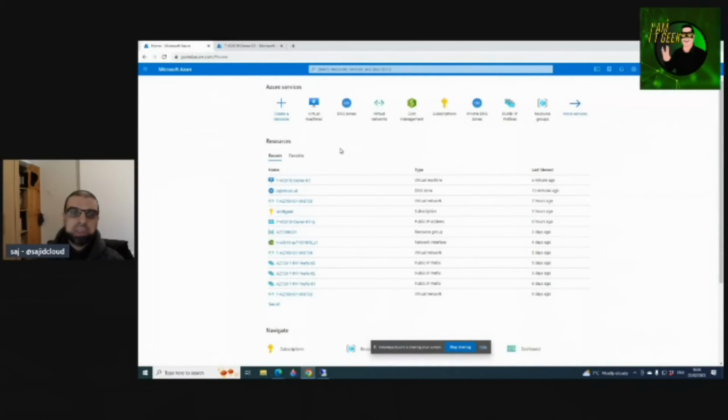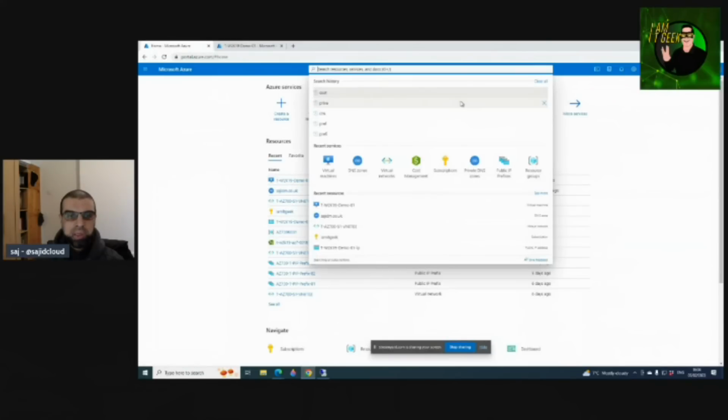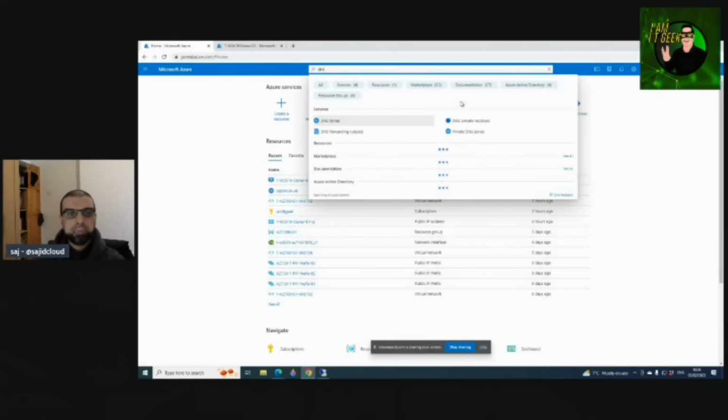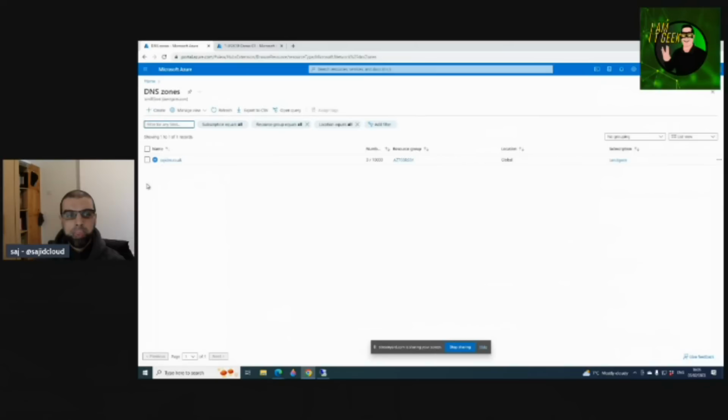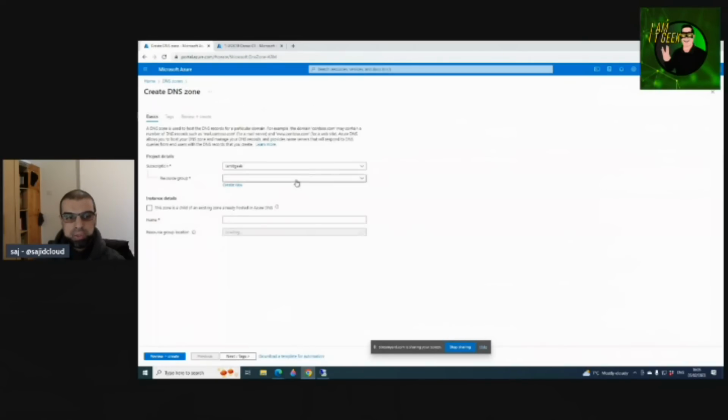The next step is to deploy and configure the DNS zones. So to deploy and configure a DNS zone, just type in DNS and select DNS zones, and then select create. It's simple options, because this will just deploy one for you, but there's nothing configured at this stage. You get a couple of default records created, and we'll take a look at that. So in our example, we're deploying it to the Am IT Geek subscription, our AZ700 test resource group. There's an option here, this zone is a child of an existing zone already hosting Azure DNS, which it isn't, so that's not selected. And the domain that I'm using as part of this demo is